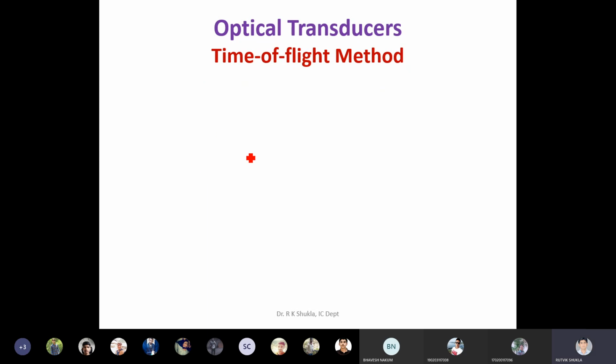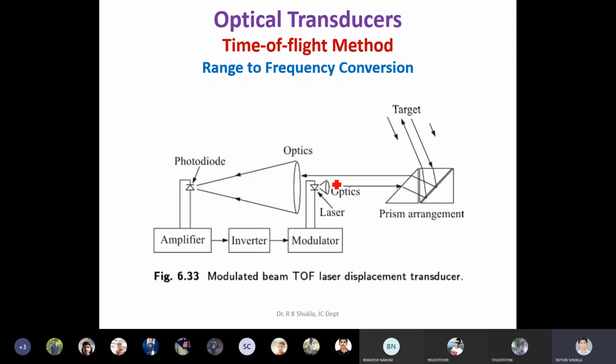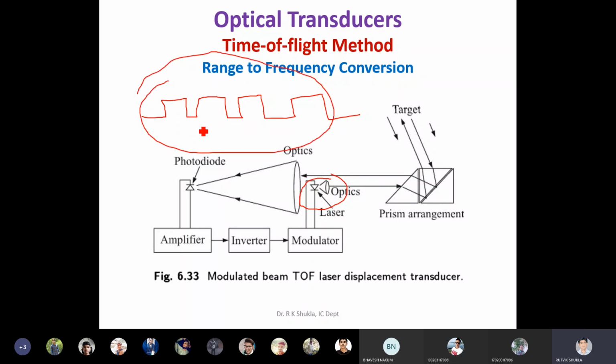Just continue that. As I have mentioned, it is a modulated beam. Now why did I say modulated beam? The beam that comes here, what will happen? It turns on, it gets turned off. Turn on, off. Turn on, turn off. Turn on, off. Clear? It means the laser signal that comes from here is like this. Now this has two pieces of information. First, it is your light beam, your source. The first is your source, that is your first signal. And second, it has the information about the displacement.